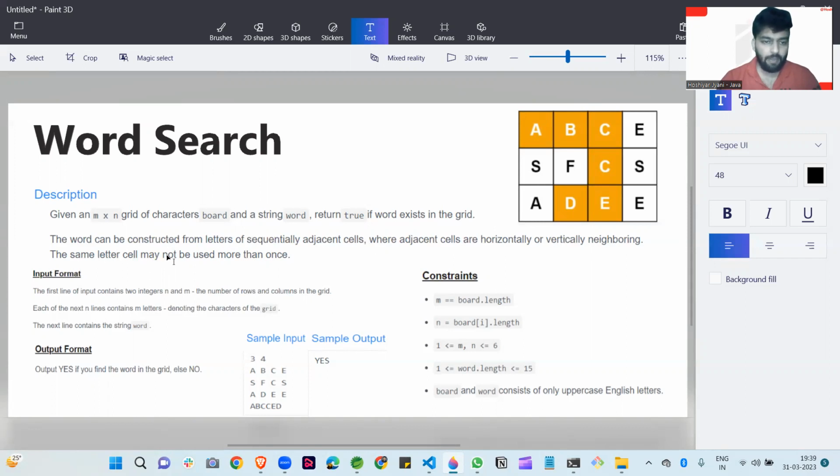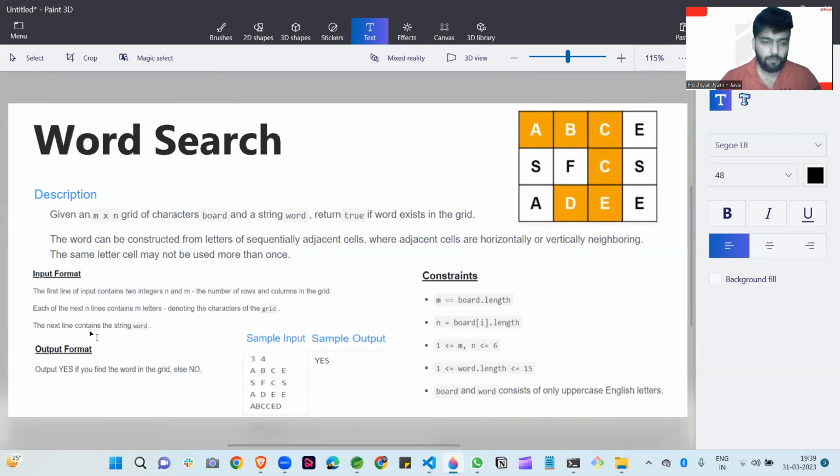The same letter may not be used more than once. So if we visit A, then we cannot take A again. So this is the condition for this question. We are taking one word at once. We are not using this word again.